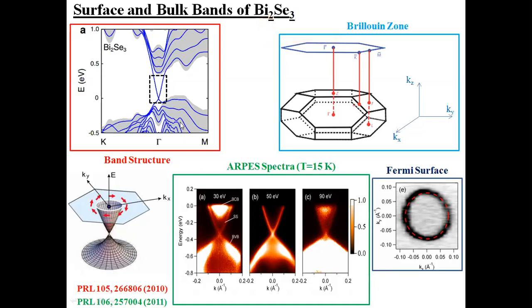Theoretically, we know that this particular cone is two-dimensional; it depends on only two momentum components, kx and ky, and doesn't depend on kz. Whatever we get here is a three-dimensional band, whose energy depends on kx, ky, and kz. That is theoretically known, but experimentally, if you have many bands inside one spectrum, how do you know which is three-dimensional and which is two-dimensional?